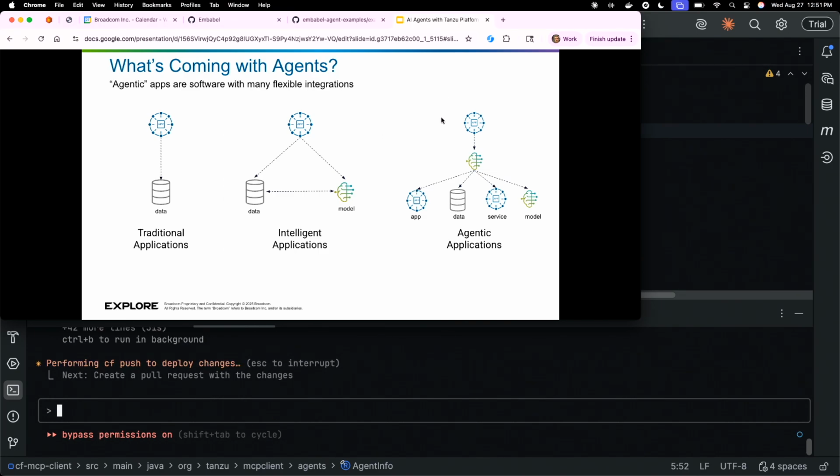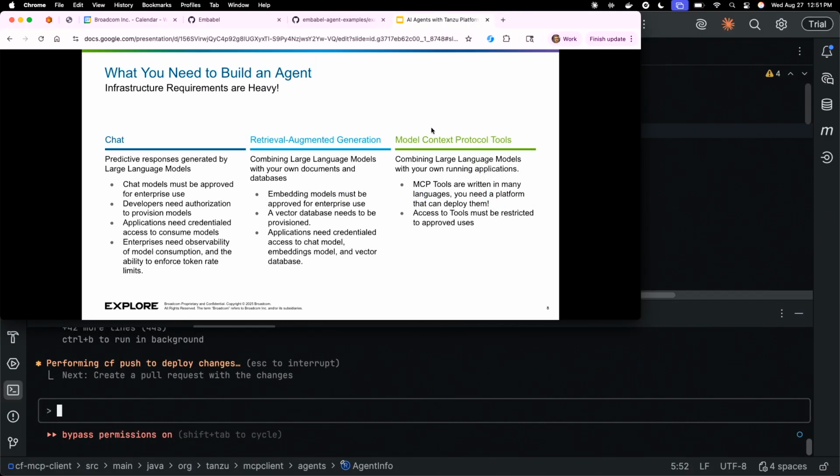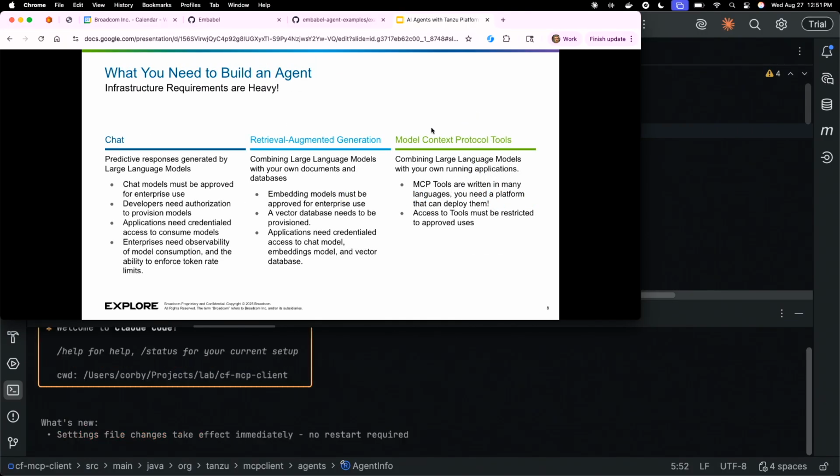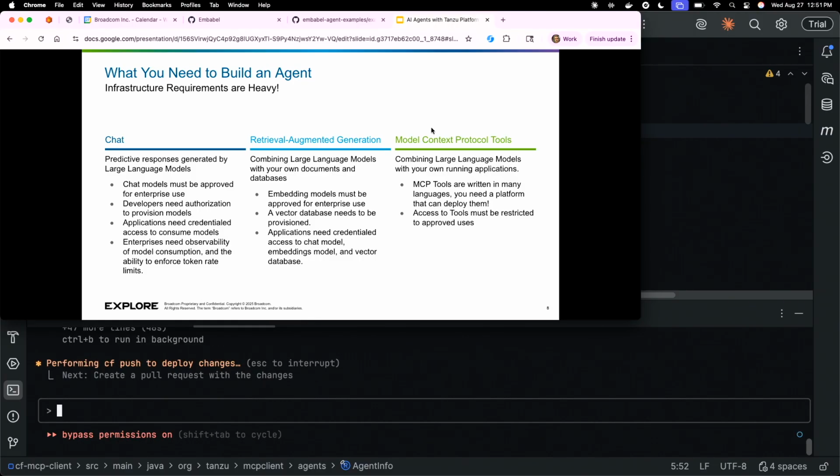Now, the problem here is that these agentic applications have a lot of dependencies. It's not just a database. It's not even just an LLM that needs to connect to. There's a lot of stuff that needs to get put together from infrastructure, and that can tend to slow down developers. We'll go into detail on a lot of these dependencies going forward, but the important thing to understand is